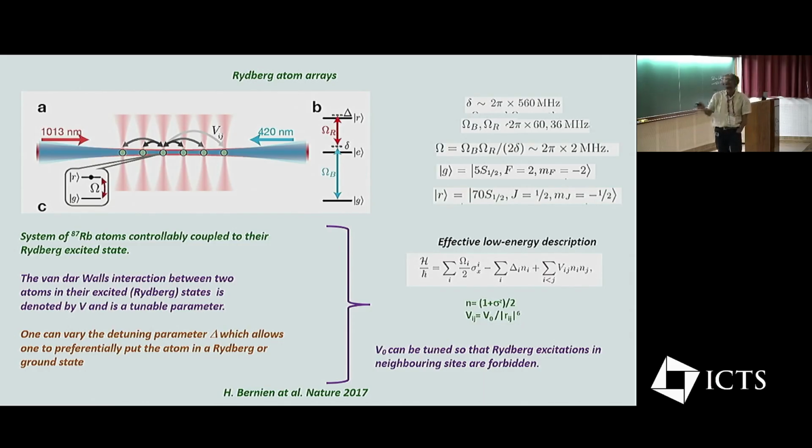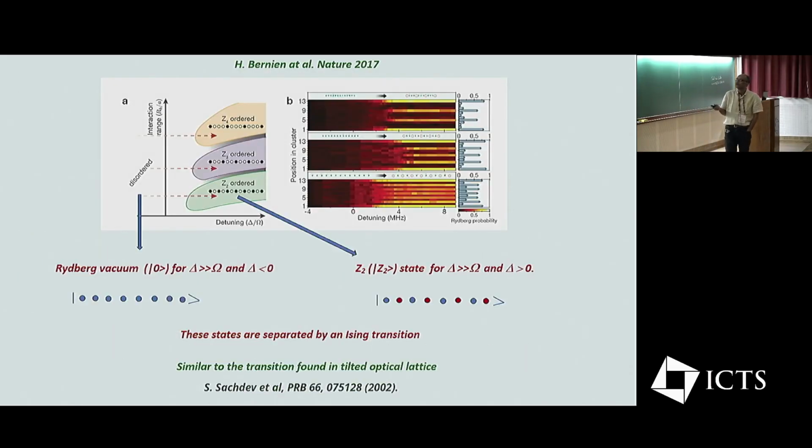Since there are just two states per site, one can write a spin representation for this. Here n is the number of Rydberg excitations, and that is related to sigma z by n equals 1 plus sigma z over 2, and the Rydberg interaction is typically 1 over r to the power 6. Okay, that's standard. So Michel Lukin's group has done a lot of experiments with this, and one of the central things that they did is to